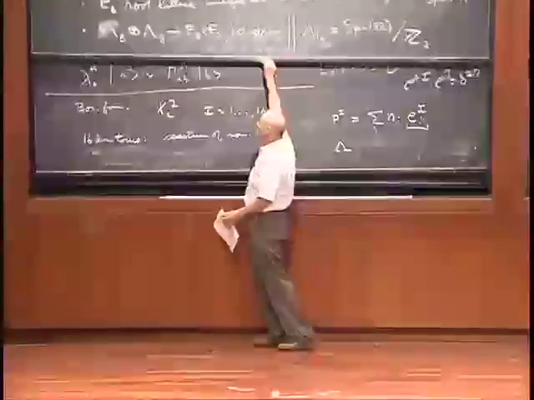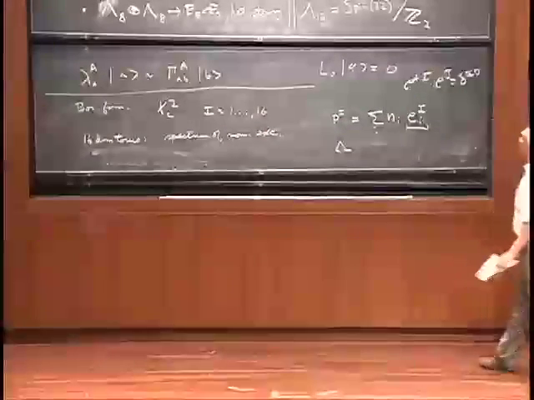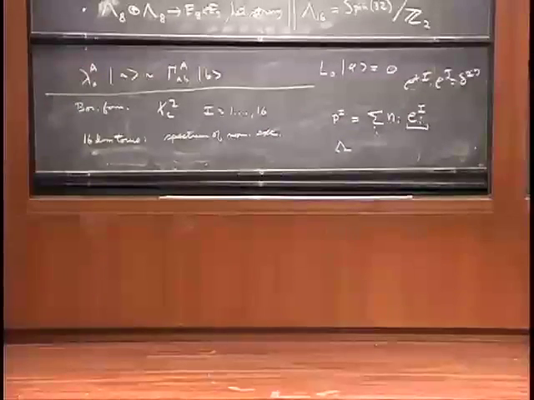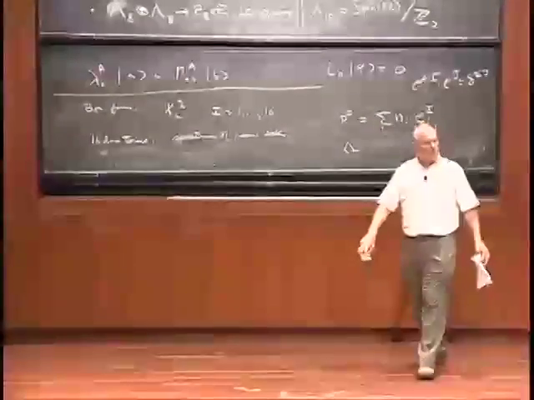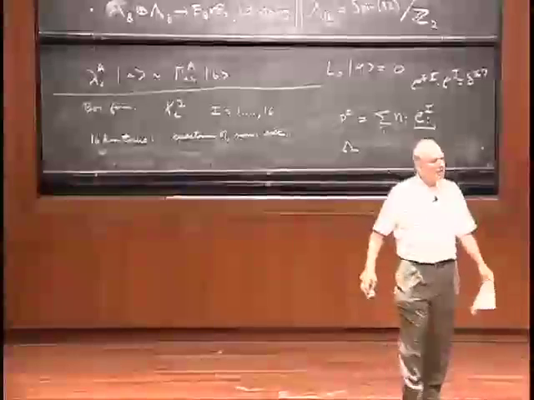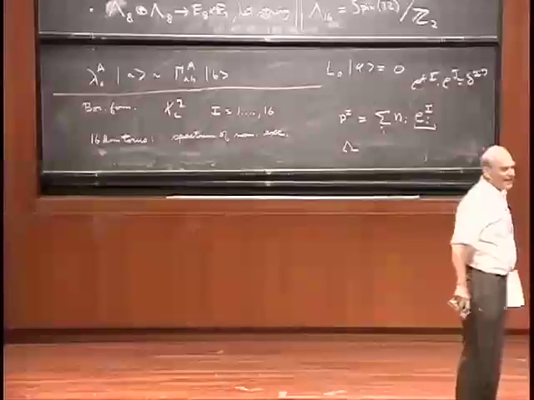I've already used more than half of my time, and I'm still in chapter 7. And I was going to describe toroidal compactification of the heterotic string. Do you want me to do that, or should I move on to chapter 8? Move on to chapter 8, and maybe this afternoon say a bit about the toroidal.